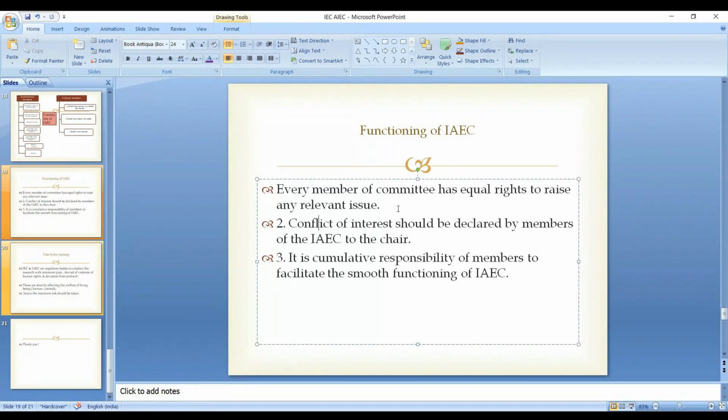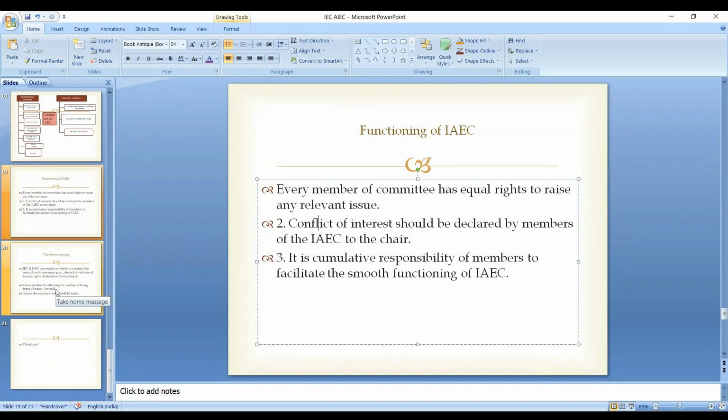Rather, in the ethics committee, if any minor corrections are there, the chairman and the secretary can decide at their level. Some expedited reviews can be decided by both of them, but here a thorough review is required. Full review of each protocol is required in the animal ethics committee.